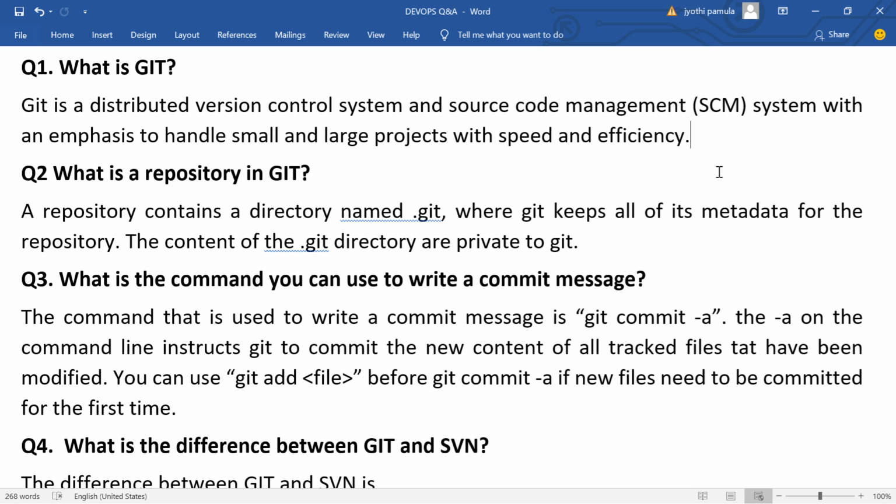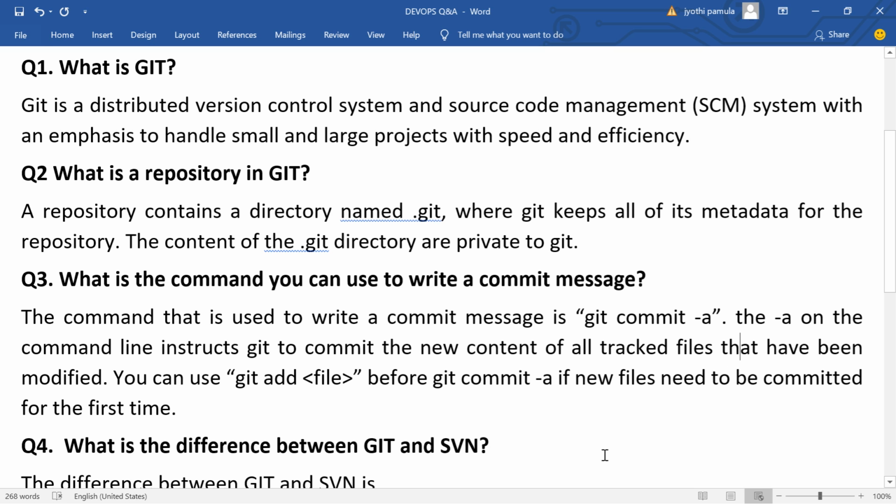The -a option instructs Git to commit the new content of all tracked files that have been modified. You can use git add file before git commit -a if files need to be committed for the first time. This is the commit message.